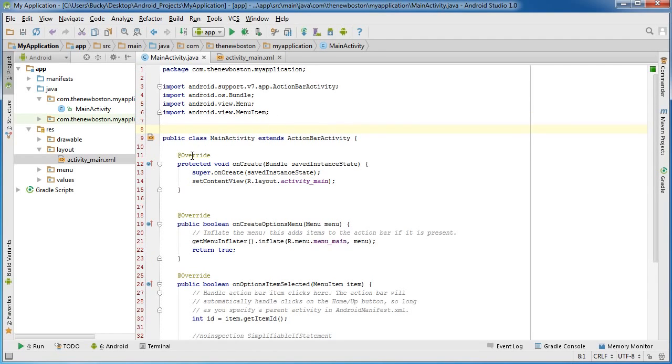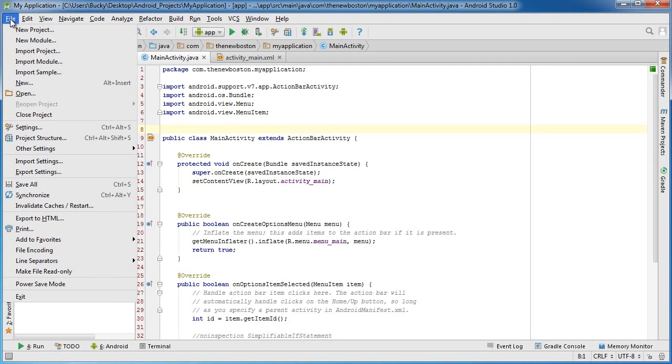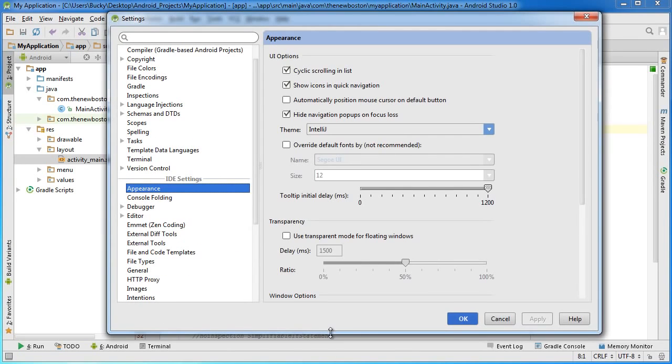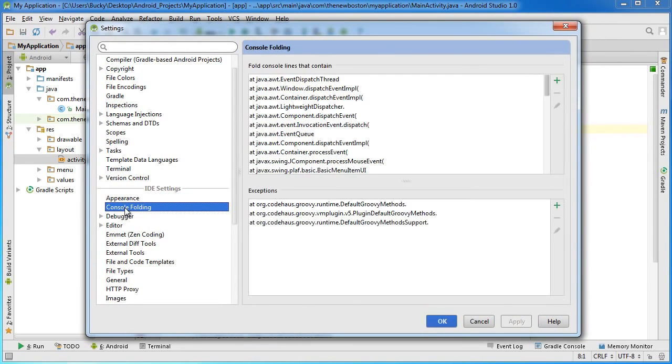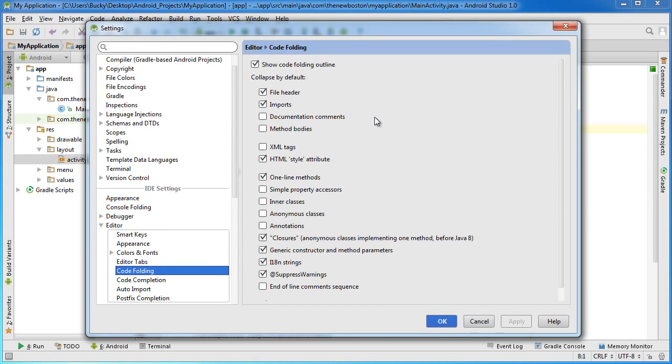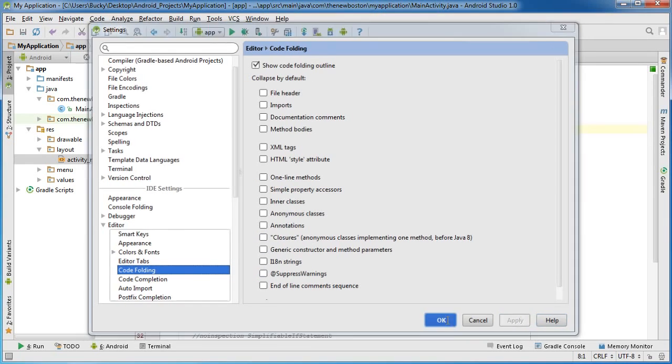So if you want to get rid of all of the code folding, as it's called, go to File and back in Settings, let me minimize this so you guys see everything, and go to Editor, under the IDE settings, and code folding. Right here this first checkbox is just to show the code folding outline, and that's that little arrow you can click to either bunch it up or expand it. What I want to do is uncheck all of these, so none of my code is going to be folded. Again, once I apply this,